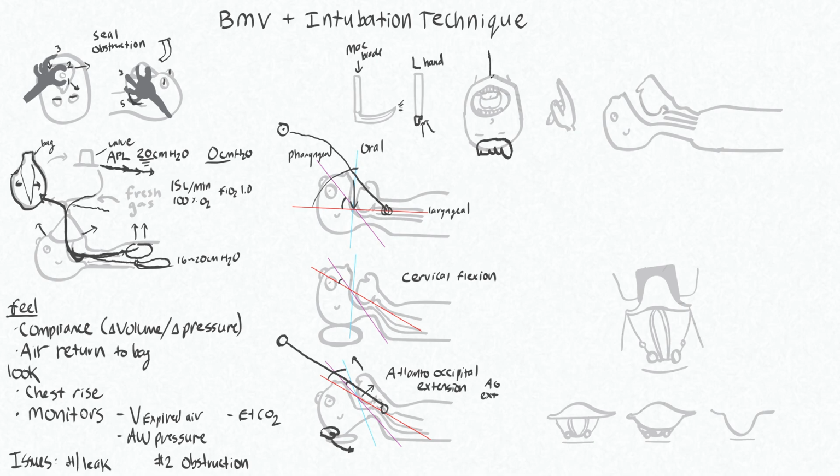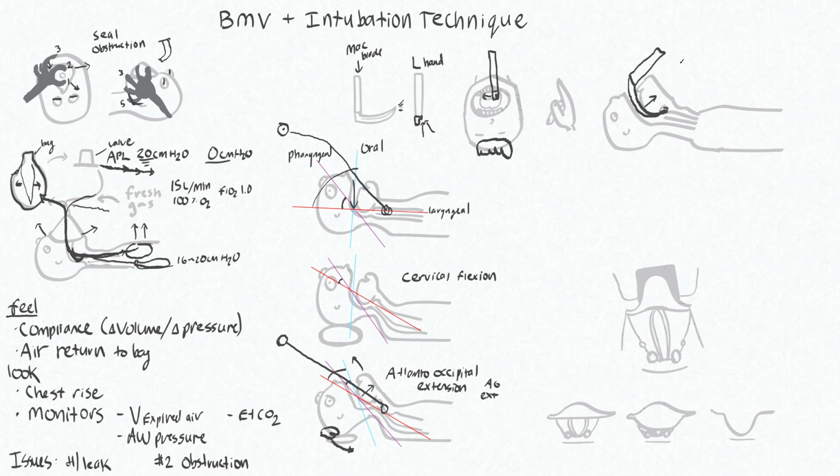So what you'll do is put it down sort of on the right side here. And that's so that the tongue is displaced left in the mouth and it is not obscuring your view through this channel here on the right-hand side of the laryngoscope. And so from the side view, the idea is that you're putting the tip of that blade right into the vallecula